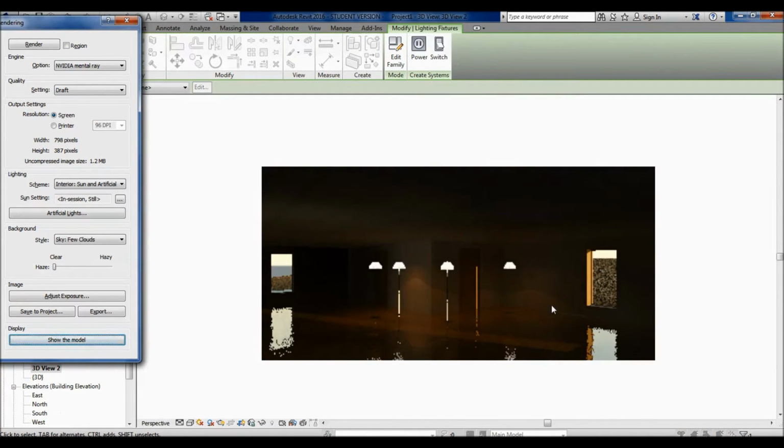You're looking at it, there's no visible area that it's showing light, right? If you turned the sun off completely and ran a rendering, there's no light in your entire building. Chances are that your lighting family is not emitting light. Your default